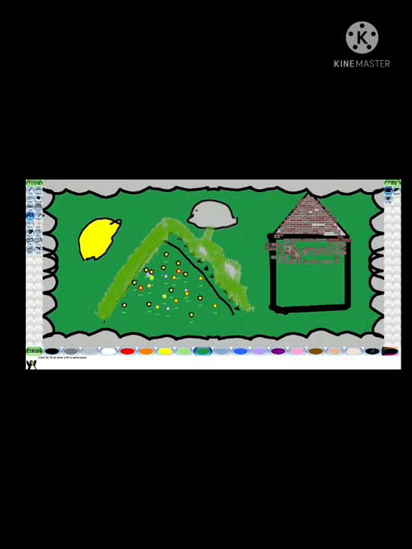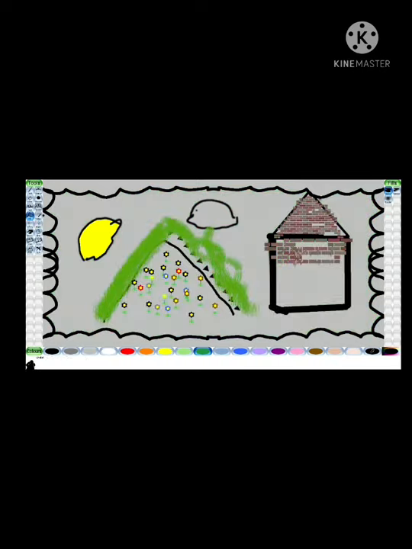Okay, children, now the next tool is the fill tool. You love coloring, isn't it? Without color the drawing is not complete. So we use the fill tool to color our drawing. The fill tool will color the drawing only if your drawing is closed.